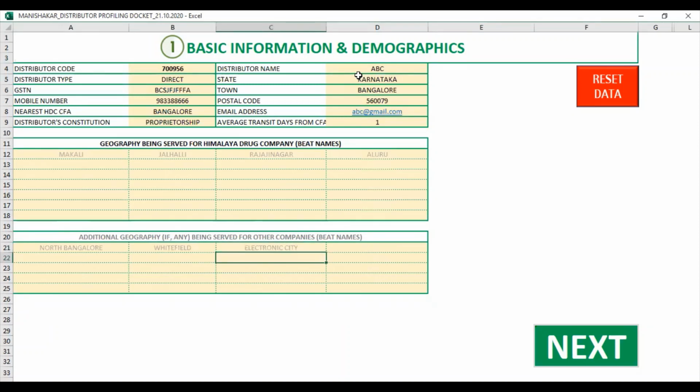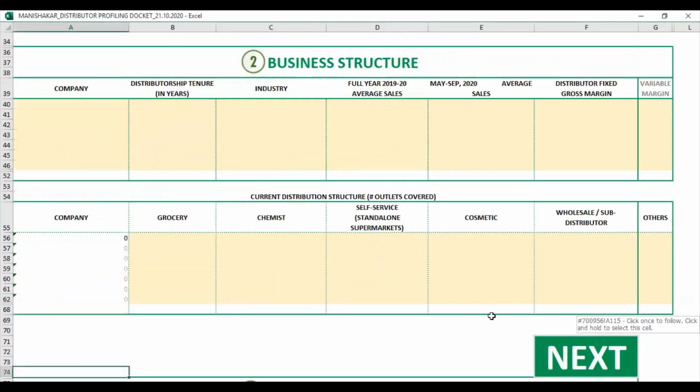Right. So once we complete this first process, we click on next process, which is about business structure. What it talks about in the business structure is that we have to fill in the companies that this distributor is handling.